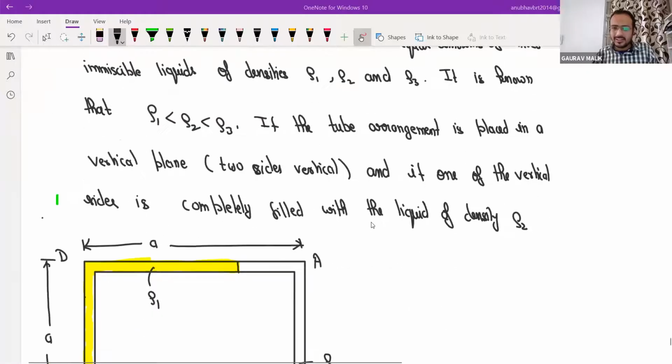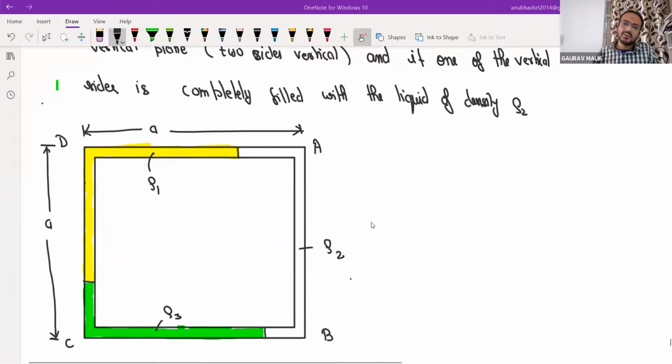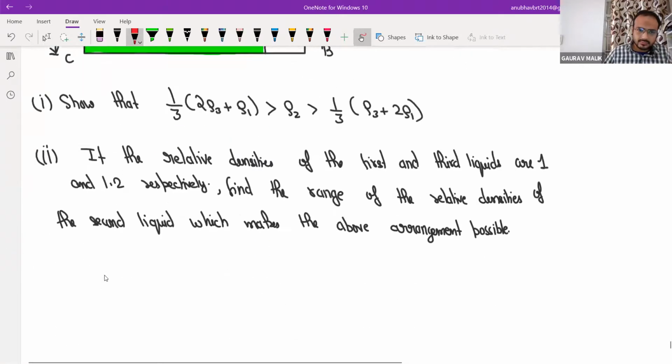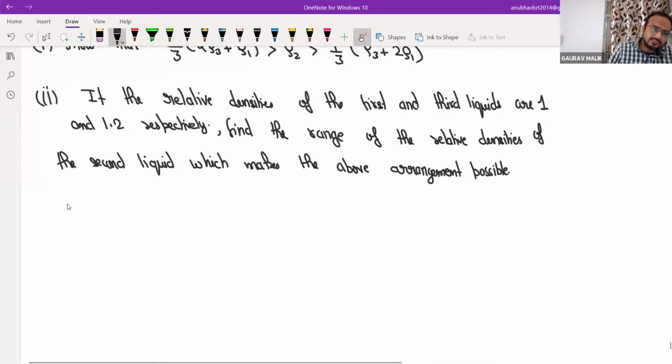Okay. Let me solve it. A very nice question. Very simple also, but you are watching all these things for the first time. That's why you are facing this problem. First, identify the interfaces. Suppose it is ABCD. This interface is E. This interface is F. And this interface is G. Is it clear? So these are interfaces. Now we will solve this question.